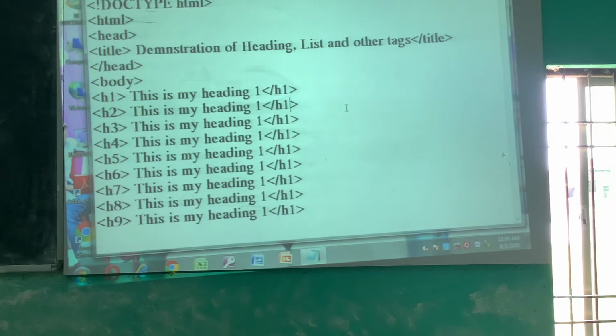Let us examine H2, 3, 4, 5, 6. It works up to 6 headings because there is no heading as H7, H8, H9 and so on.